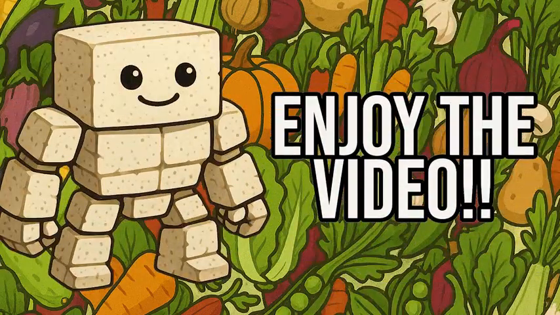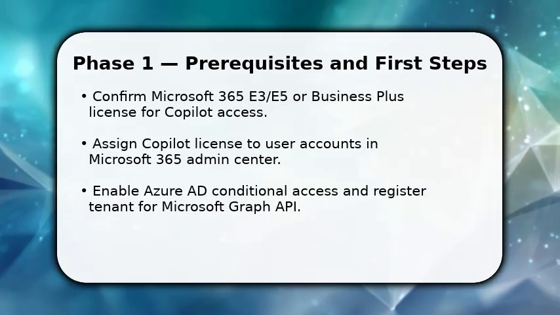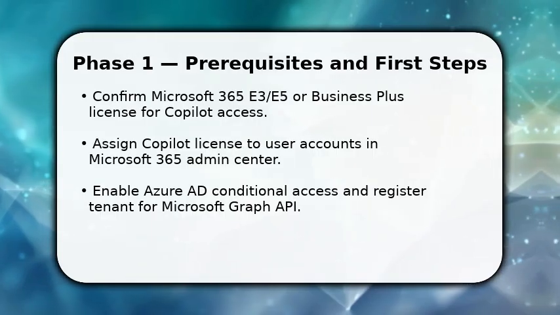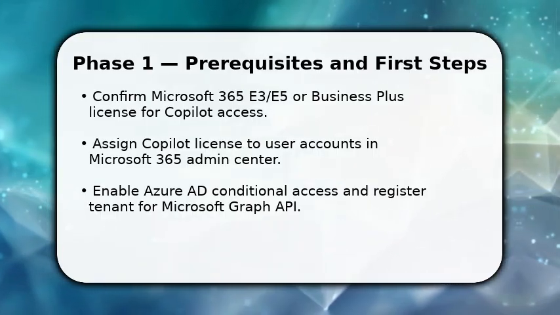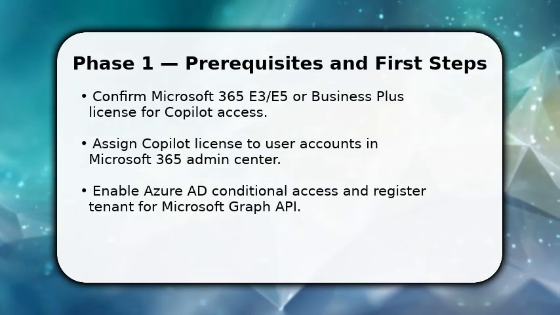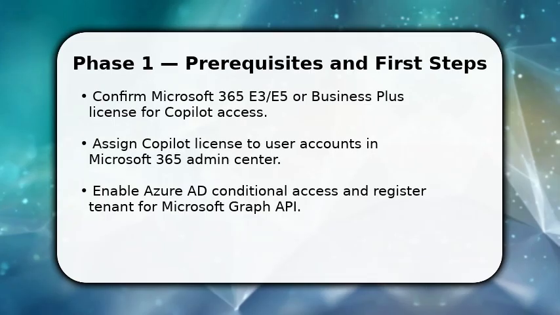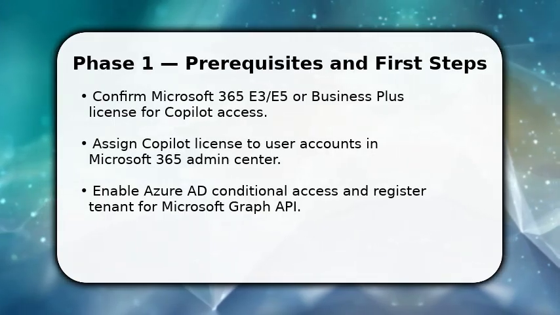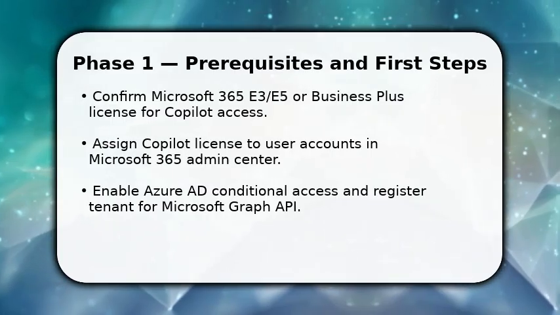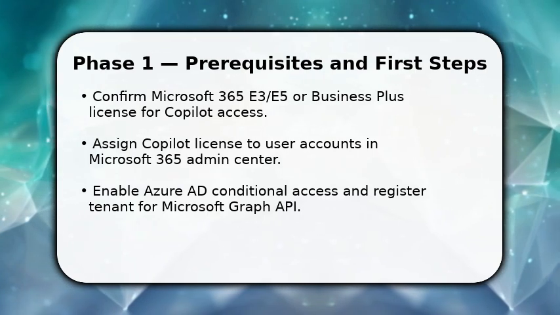Please enjoy the video. You start by verifying licenses and tenant readiness so Copilot can be provisioned. This matters because without the right SKU, the feature stays locked. Sign in to the Microsoft 365 Admin Center, assign Copilot licenses to the target users, and make sure Azure AD is configured for app registrations and conditional access. Once done, check tenant settings for Microsoft Graph consent and data residency because Copilot relies on those permissions, and correct